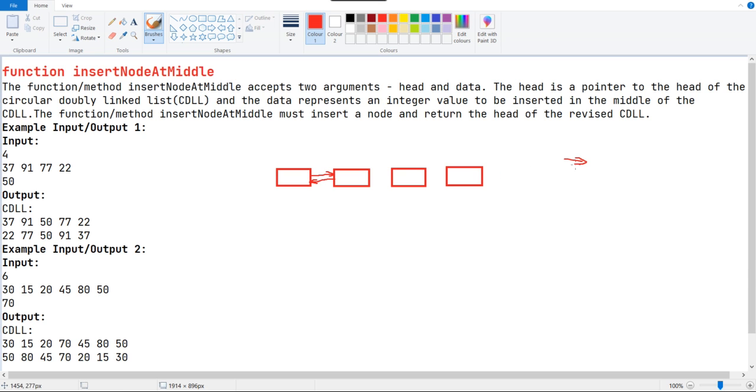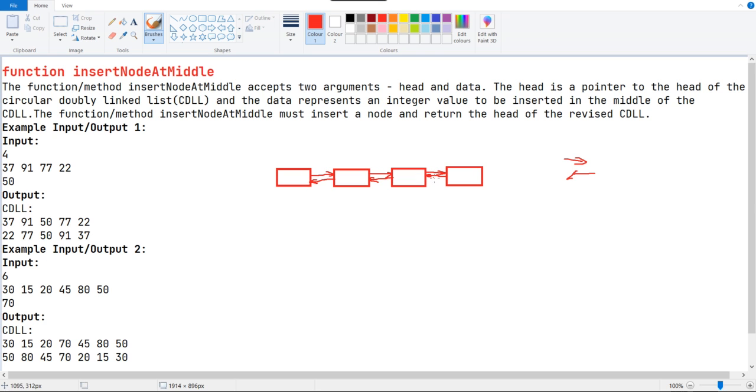This arrow represents next and this arrow represents previous. Assume those things are arrows first. So the four nodes are linked like this.